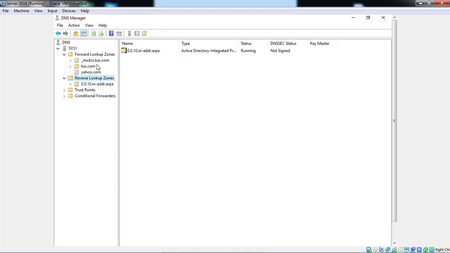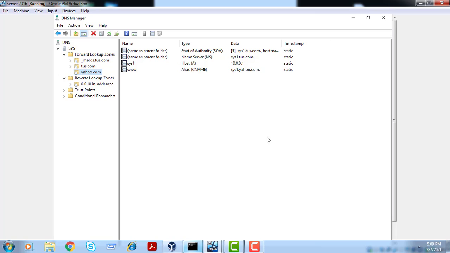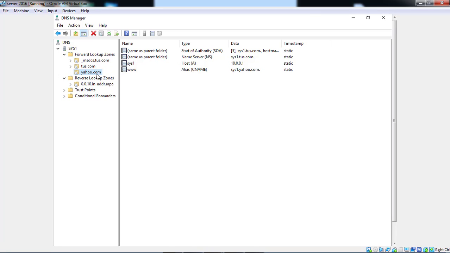But right now the practical is the forward lookup zone. This is the forward lookup zone primary. The primary forward lookup zone is yahoo.com, and we have to transfer this zone automatically to the secondary zone